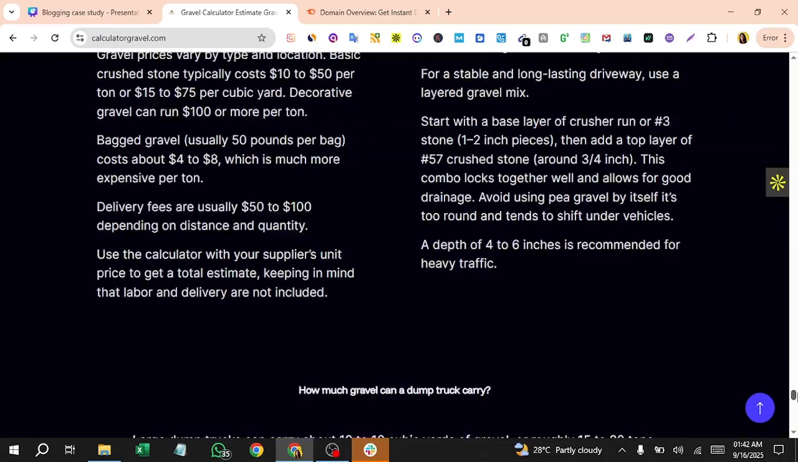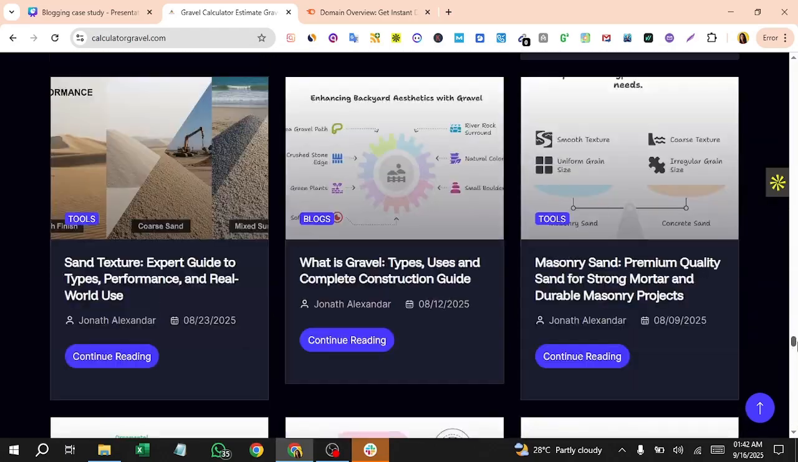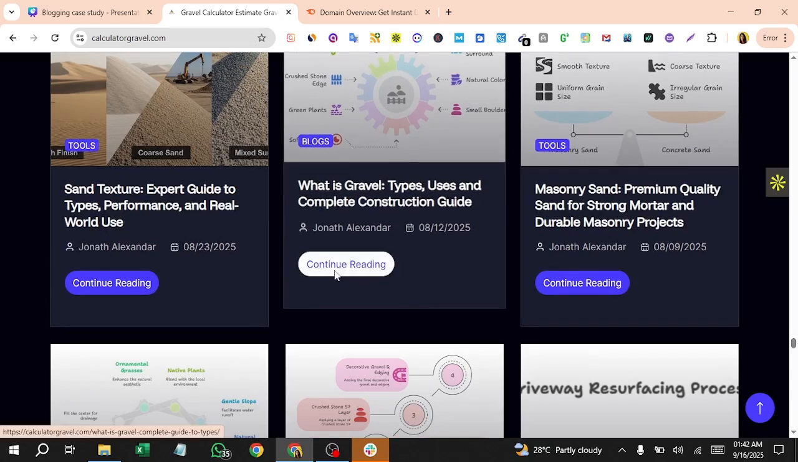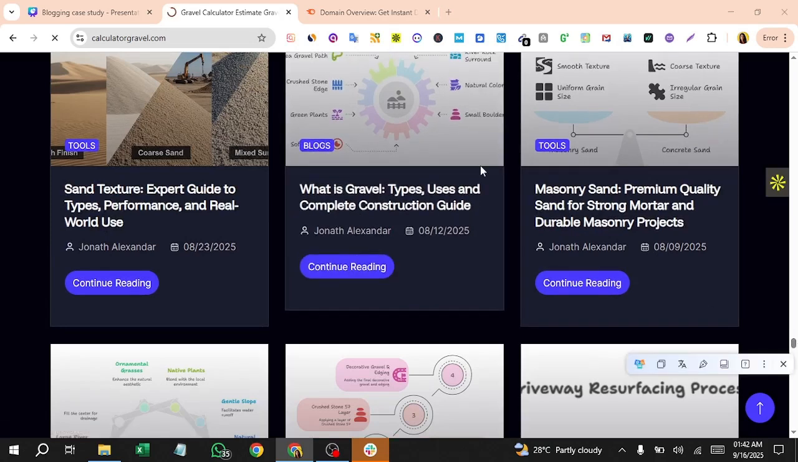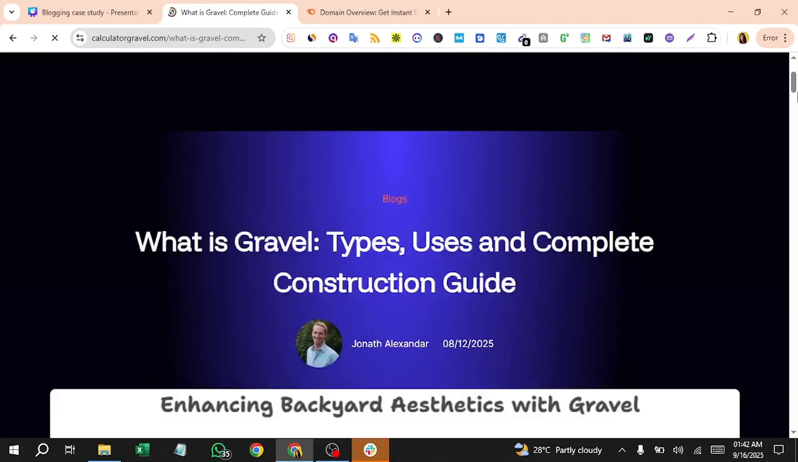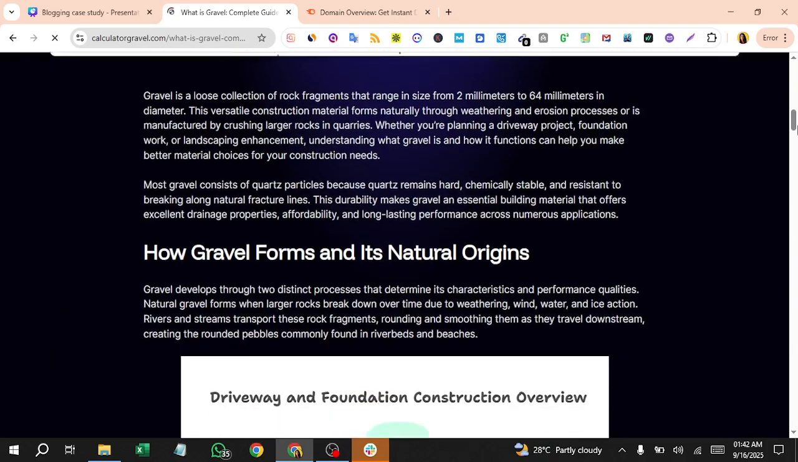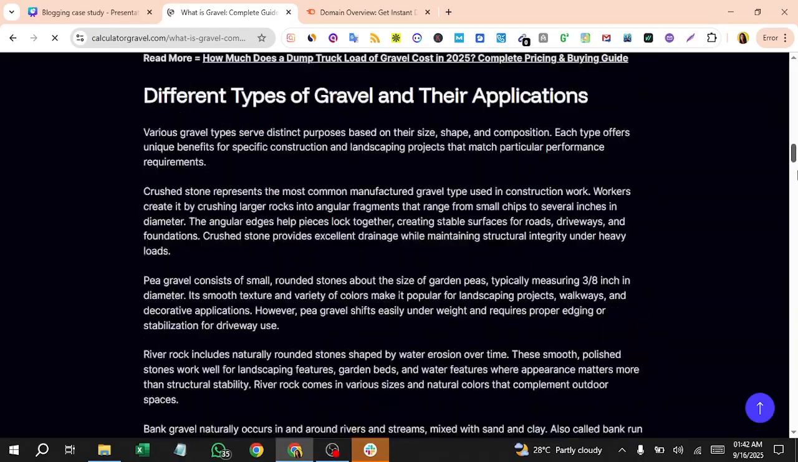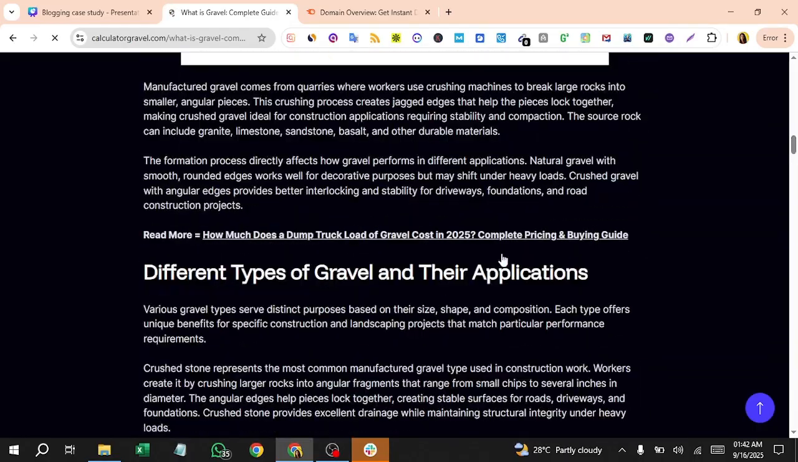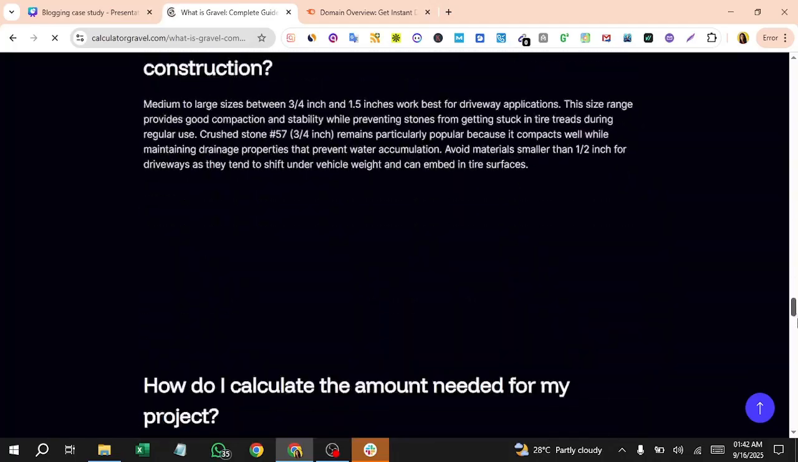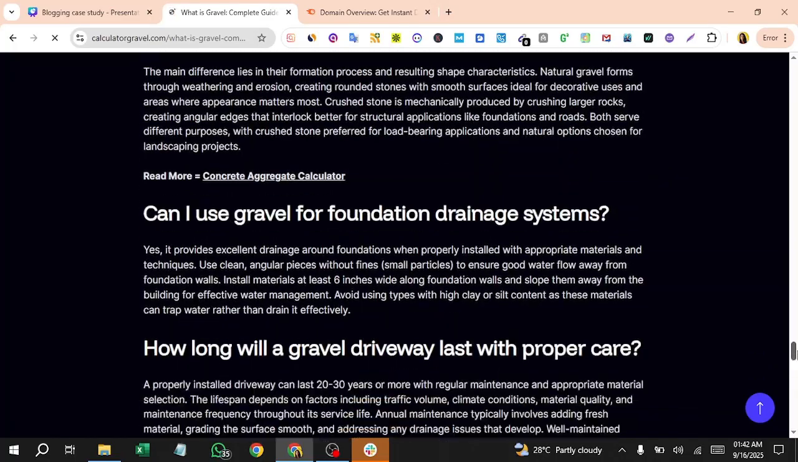using AI tools. Also, I guess there is some sort of blogs. If I just click on this, so if you think that you can create a single page blog like these and create content around it, like what this calculator is about, different types of gravel and their applications. So this person is eventually talking about the calculator, and basically all of those things that people are